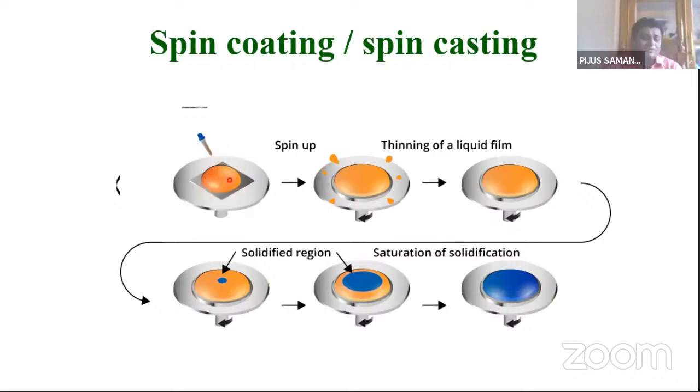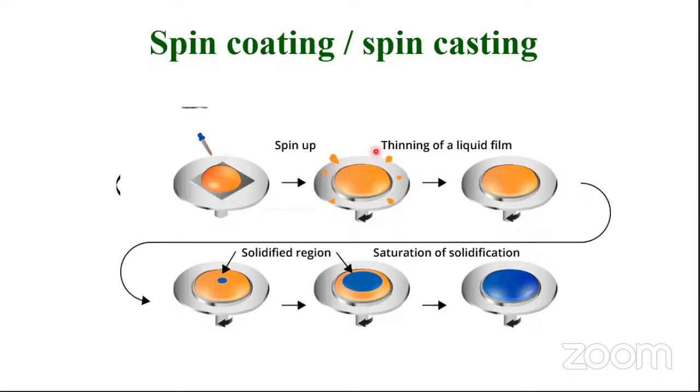Liquid drop means, suppose we want to grow zinc oxide. We have precursors, a zinc acetate solution, to grow the seeds, and we put the solution drop by drop. In this spin coating technique, the solution is sometimes termed ink. So we put this ink over the substrate, and we spin it at a very high speed.